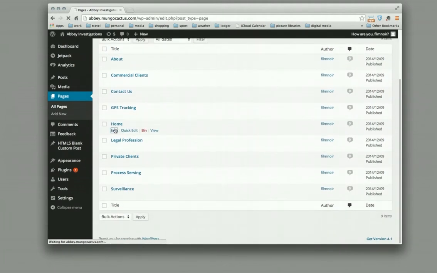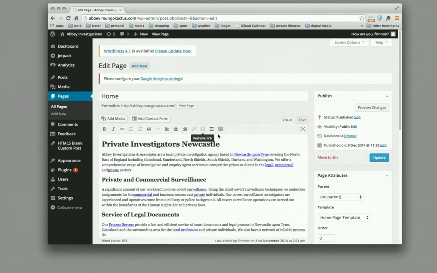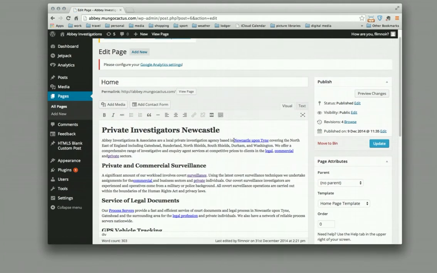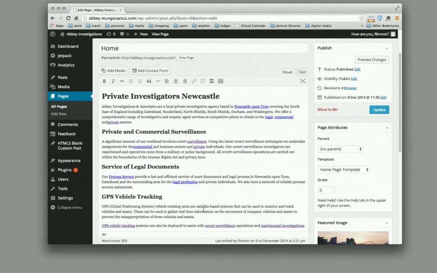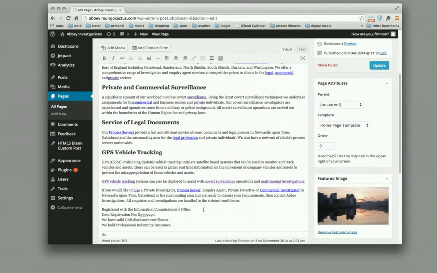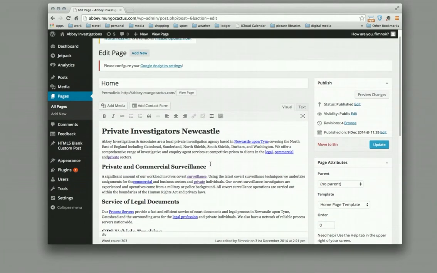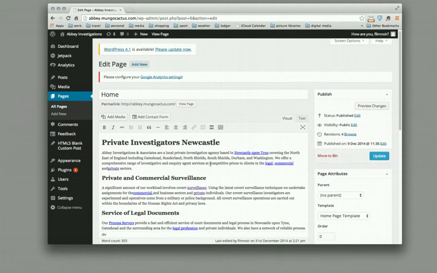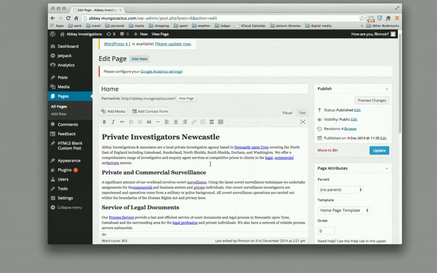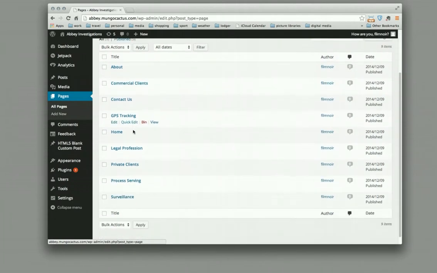If we look at Edit Home page, you can see where I've basically just copied and pasted the text, and as I copied and pasted, it's put in the links that he had, which I'll have to relink, but for the time being they're there, probably pointing to the wrong pages, but that was the first thing I had to do, was just copy all the content to all the pages. Click on all pages again, so 1, 2, 3, 4, 5. There we have it. So I created all those pages,